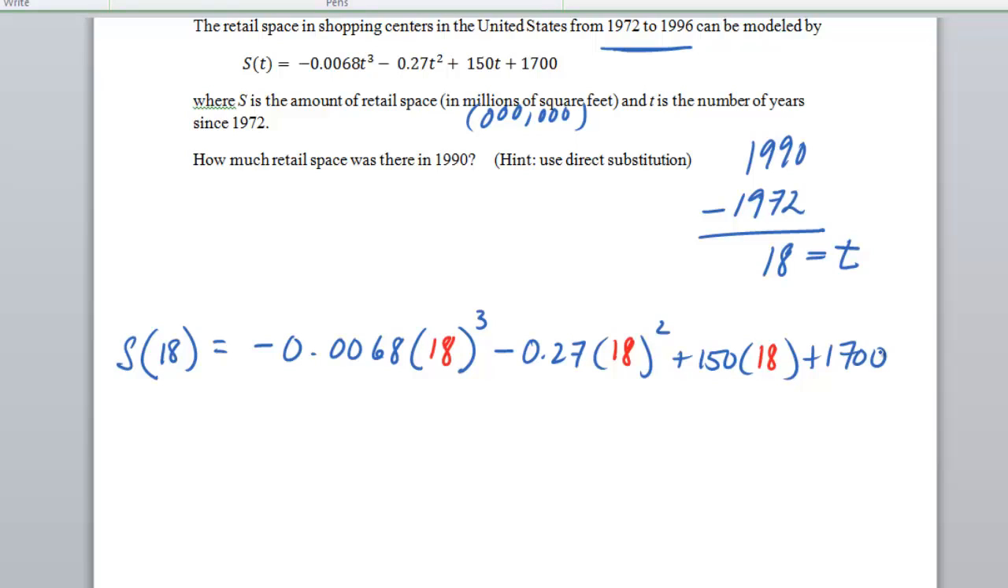Now that we have this long polynomial, what I want you to get in the habit of doing is just punching this straight into your calculator. If you're having trouble getting the correct answer doing this in one entry line, do it piece at a time, make sure you get the right answer. But practice this and make sure that you can do this correctly before you try to do it on the test. So S of 18 is going to equal